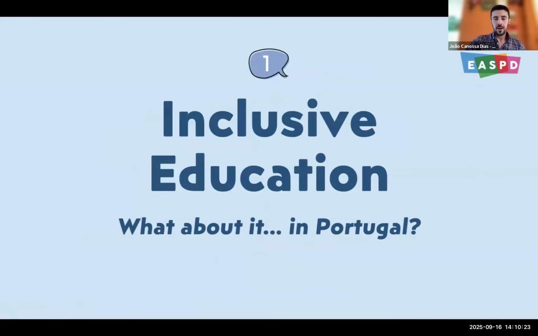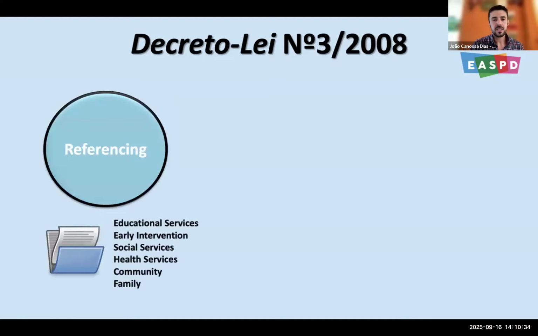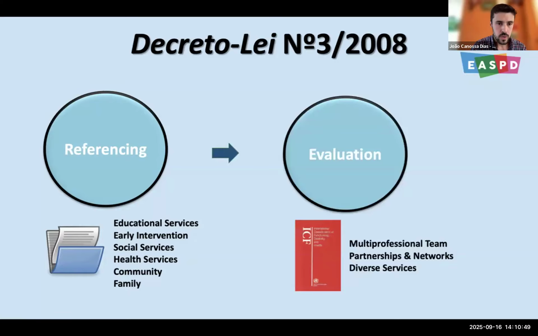In Portugal, before 2008, we already had what we call the integration. So students with special needs were already going to schools, but it was more like an integration approach. But in 2008, we have the first legislation that specifically mentions inclusive education, and there's the referencing process. Anyone in the community may forward a child, a student for the inclusive education services, and then there is an evaluation. We used to use the ICF framework for the evaluation. With the new legislation in 2018, we don't use the International Classification of Functioning anymore, but this used to be one of the theoretical frameworks that we would use